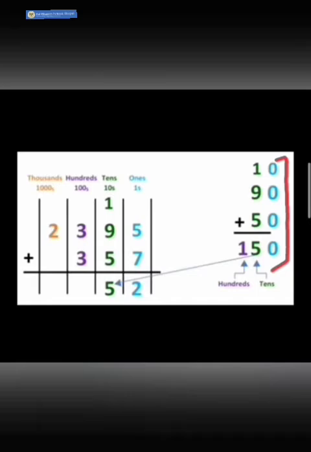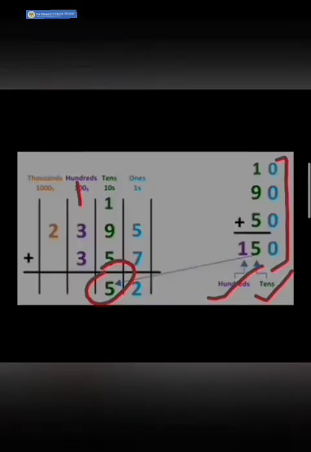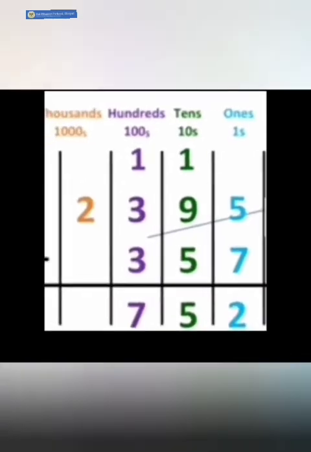We will take 150, 5 as the tens place, 1 as the hundreds place. So 100s will automatically be carried over to the hundreds place and 5 will be placed under the tens column. See the hundreds column now, children. We have 1 as the carryover. It will be called 100. 3 will be called 300. Again 3 will be called a 300.